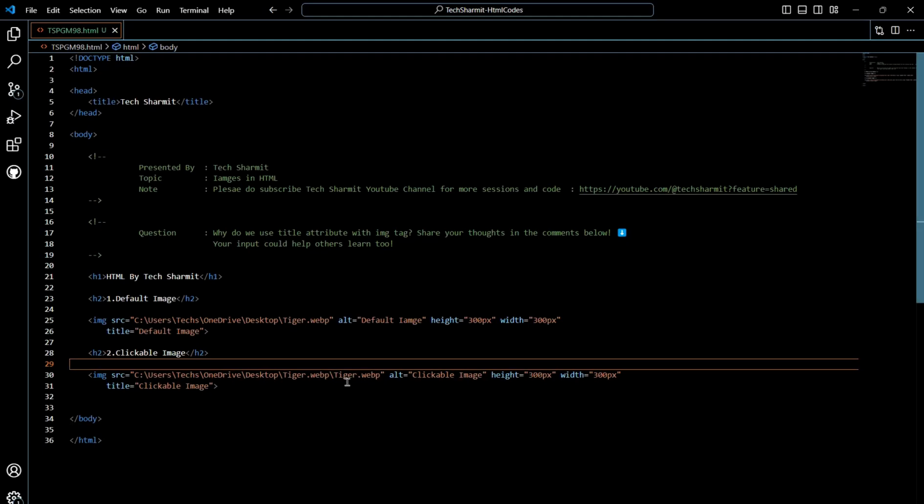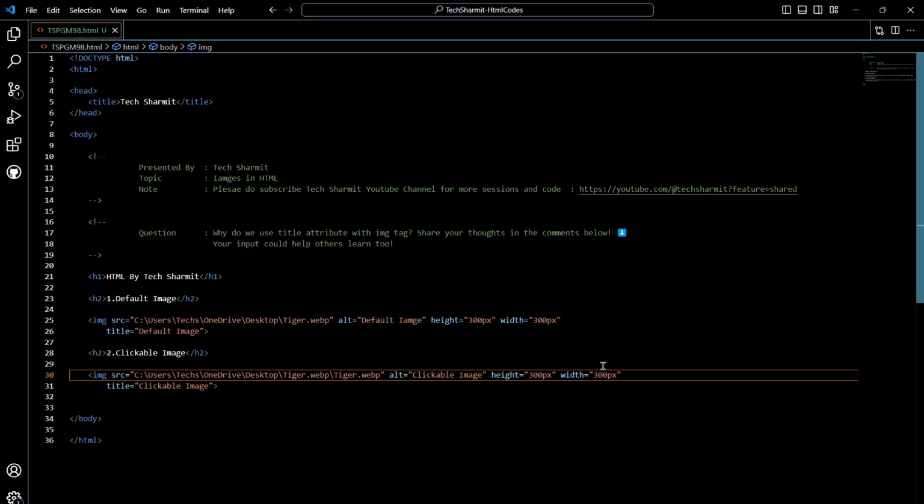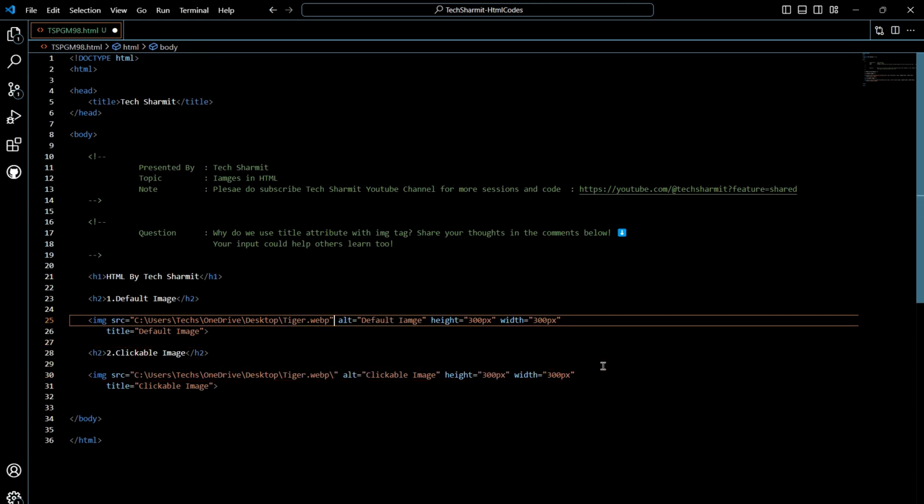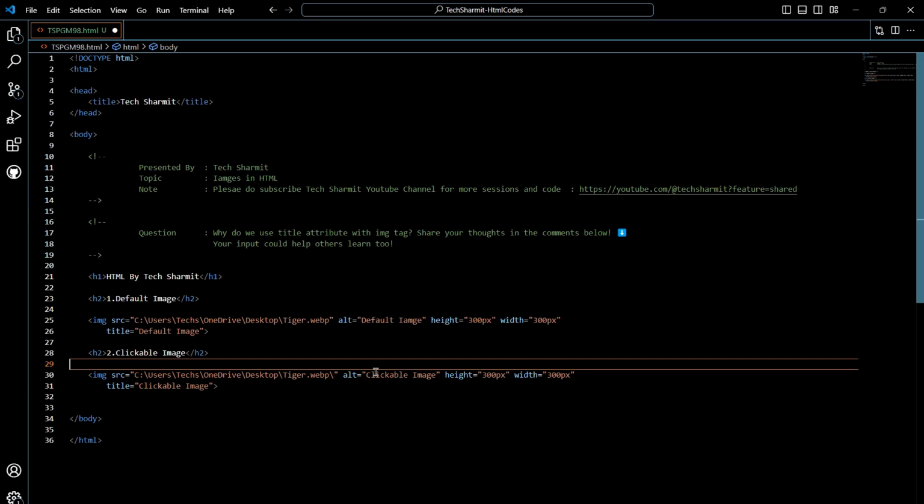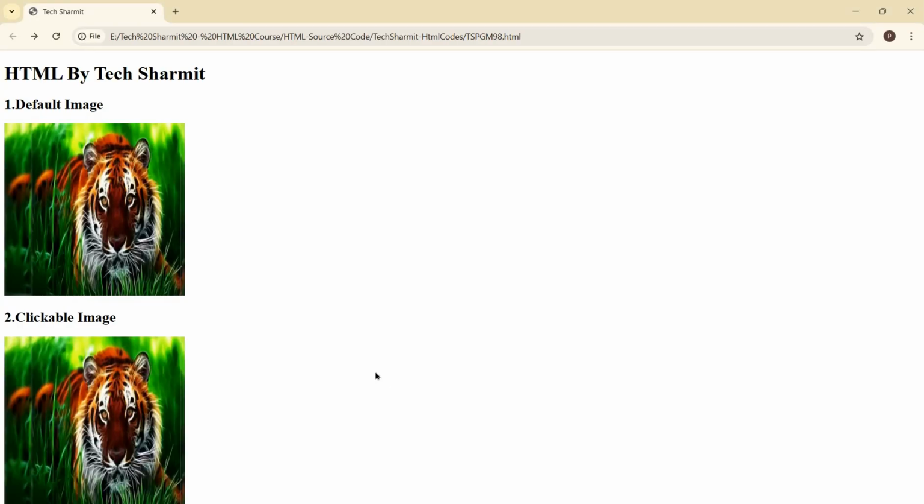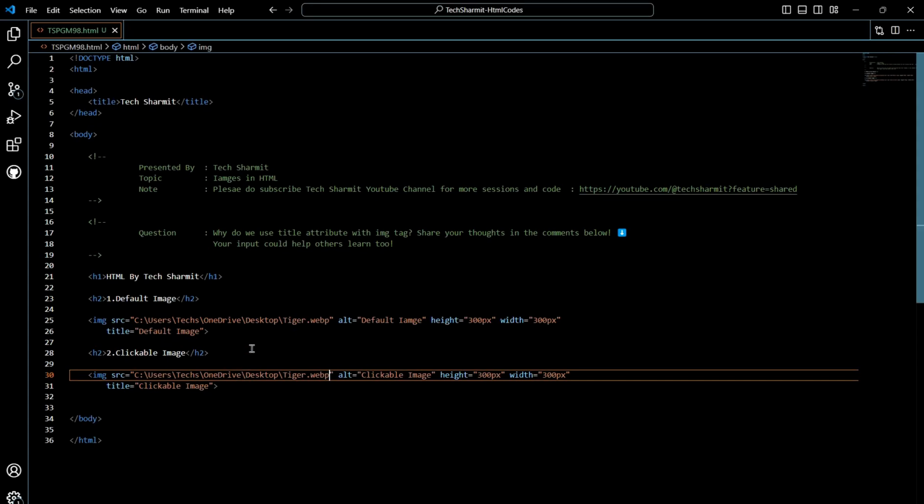I think we have specified the wrong name. Something is wrong, that's why the image is not getting loaded. But I think we have copied it from here, right? Maybe some other issue. No problem, we can copy it directly from here again and try to paste it. Okay, one extra slash is there, so we can remove that, right? Save and refresh, so you can see both images are the same because we have not specified anything here